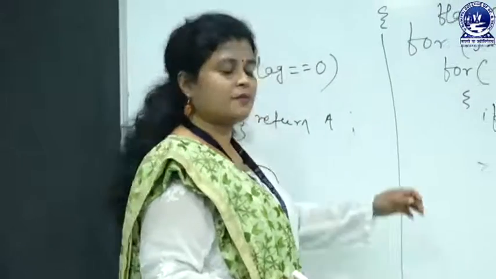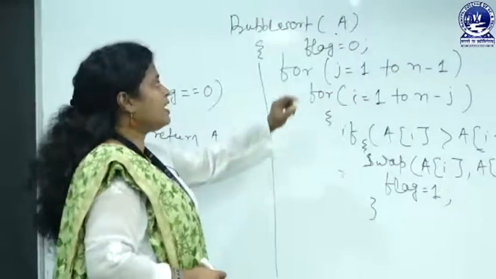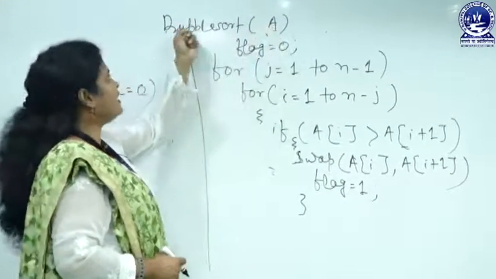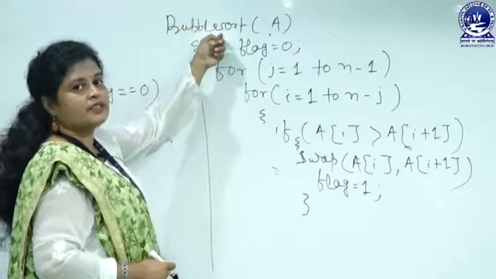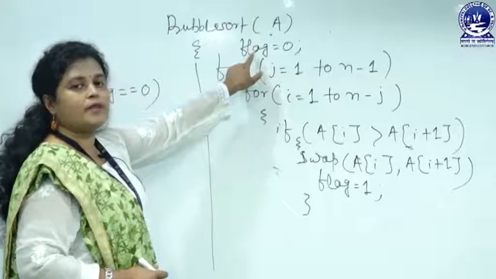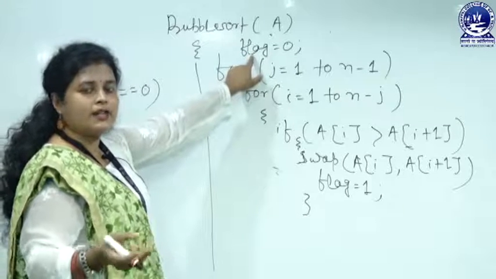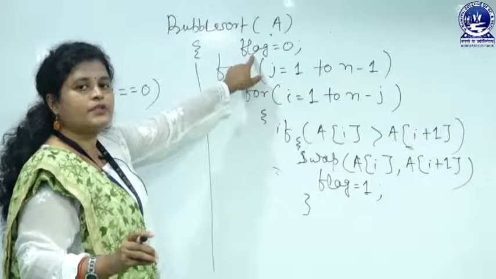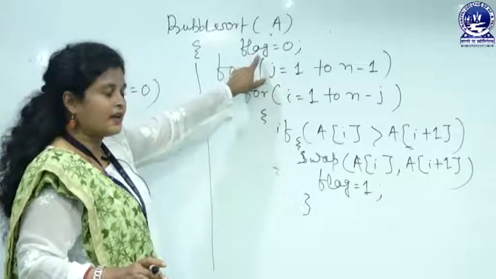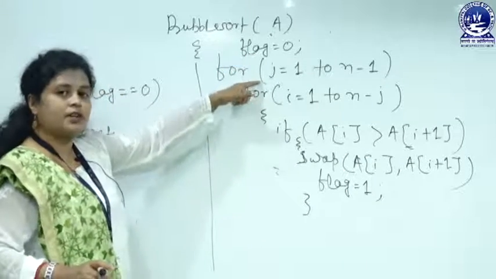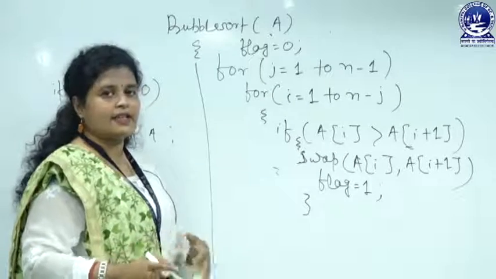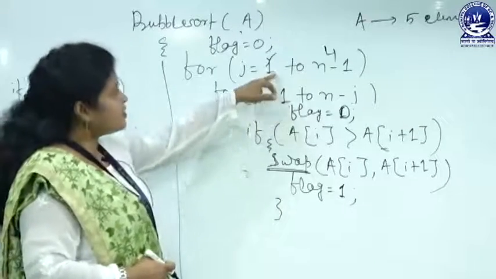Now, I am going to explain the algorithm of bubble sort. Here, I have used a list, the name of the list is A. Then the algorithm starts with the name of the function, that is bubble sort. Here we have used one variable, the variable name is flag. You may use any variable name, it is just used for the purpose of representing true or false. That is why I have used the variable name flag. Here I have used a nested loop. Obviously, in any general sorting, not in recursion, you will use a nested loop.